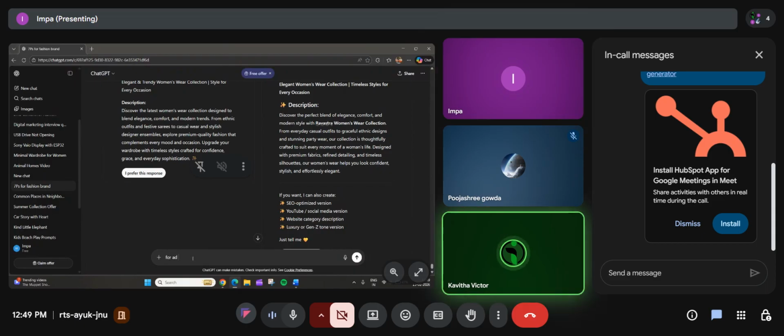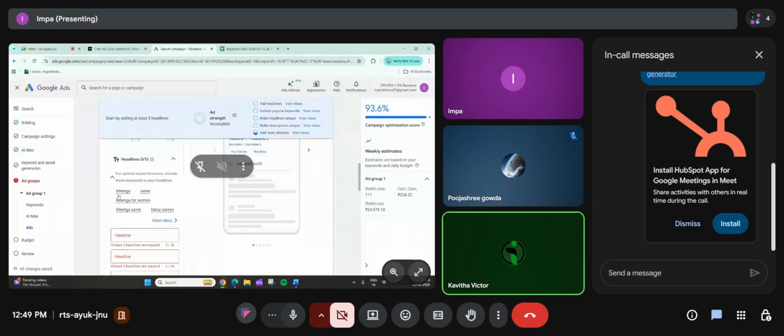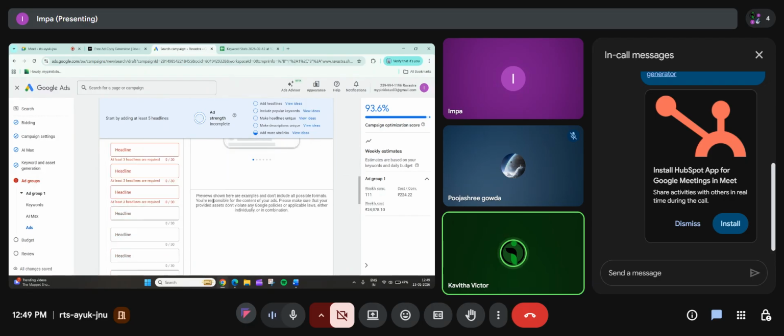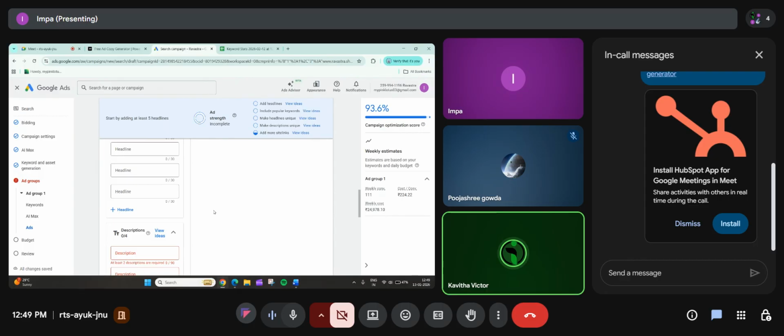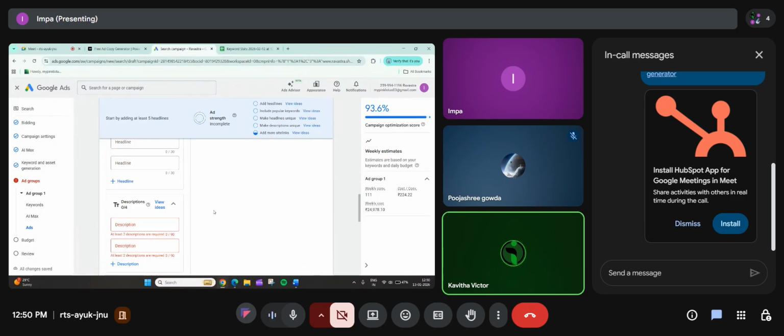Okay, just go back to your Google Ads. Scroll down, you have the character limitation for each headline and description. 30 is the character limit, so you have to write it accordingly. When you use this copy.ai, it will give you based on this 30 character limitation. Click on add headline again.